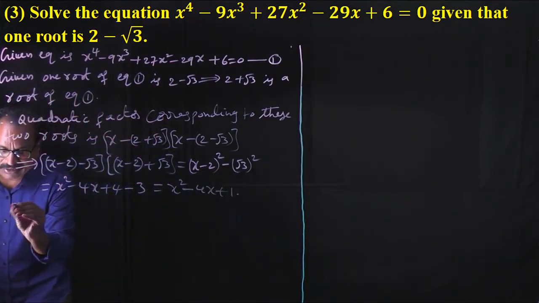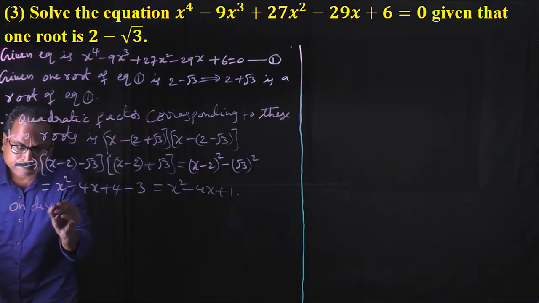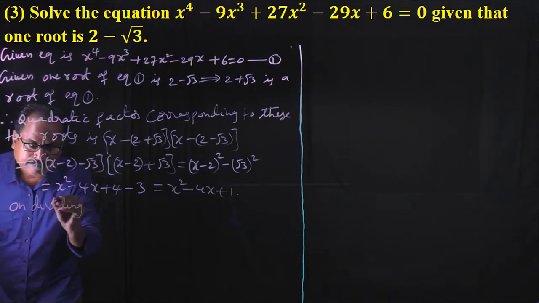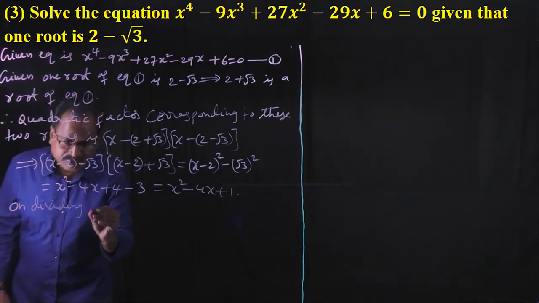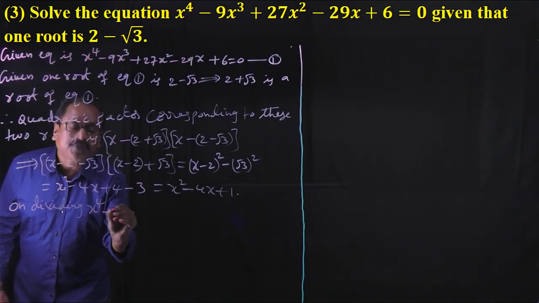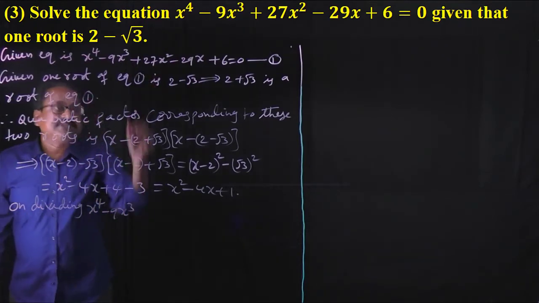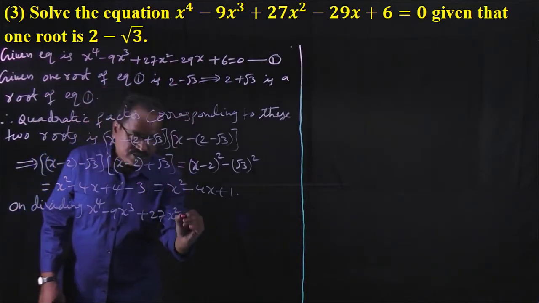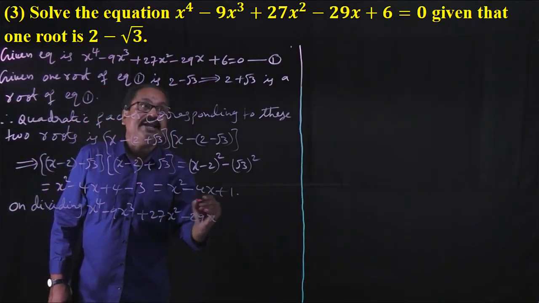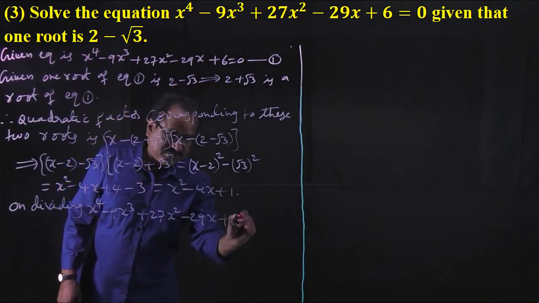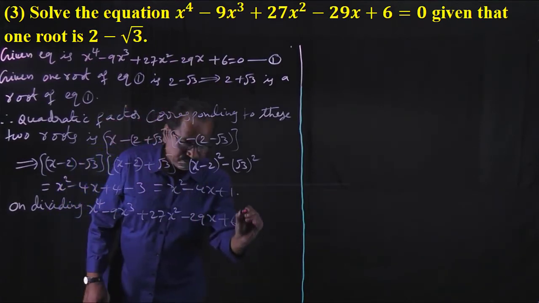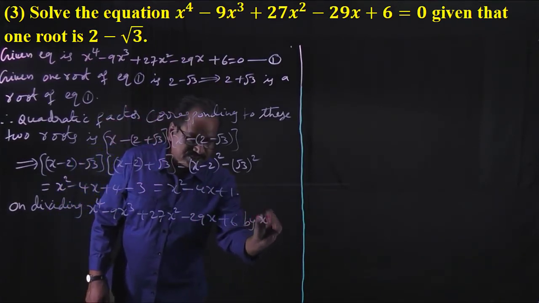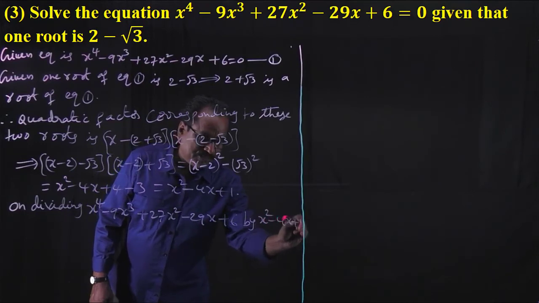On dividing x power 4 minus 9x cube plus 27x square minus 29x plus 6 by x square minus 4x plus 1,